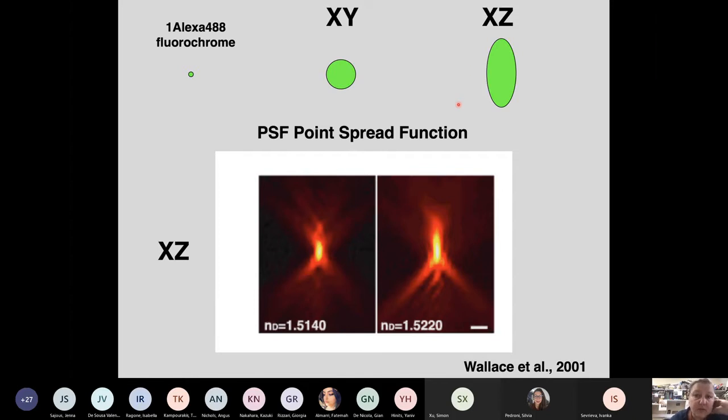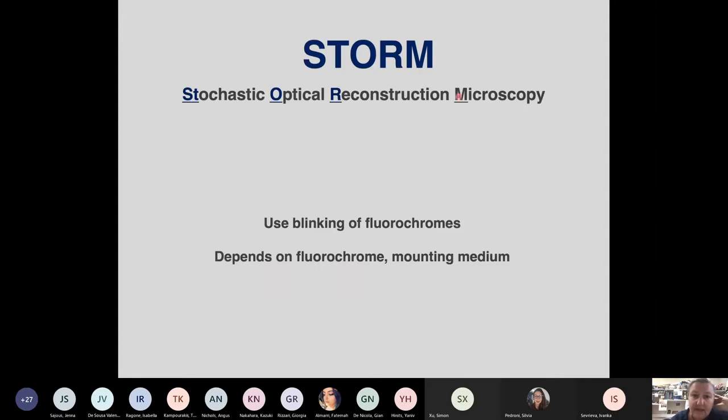I will only be discussing two ways of super resolution microscopy, and that is STORM and that is STED. So let's start with STORM. STORM stands for Stochastic Optical Reconstruction Microscopy. So what you use is